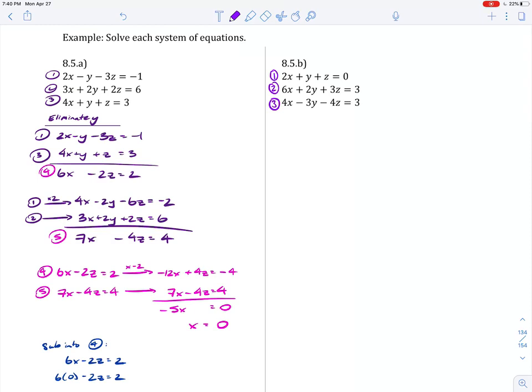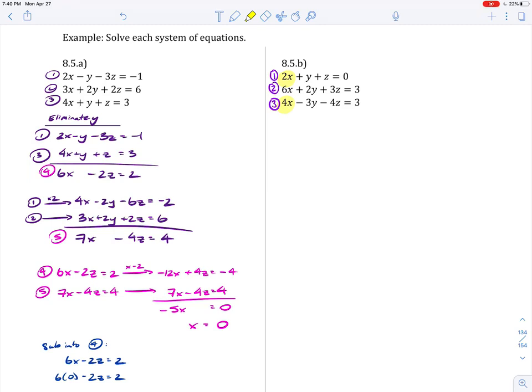So, what we're going to do is start off by labeling these equations 1, 2, and 3, and we're going to check out a variable to eliminate. Honestly, it really just could be anything. They all look equally appealing to me, because I could go and combine